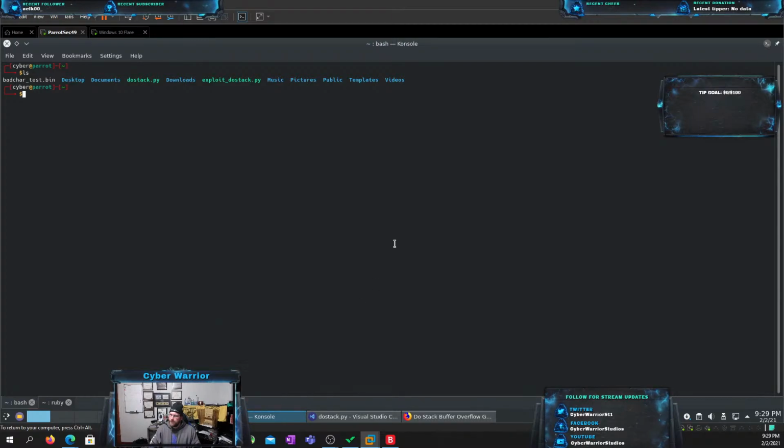Let's see what happens. So if we go here, and in my case, I already changed the file to executable, but let's say you save that. If you didn't want to have to run Python and then your file.py every time, all you would do is chmod plus x, and then my file is this dostack.py. I've already done it, so we're not going to do it again. So we'll do ./dostack.py,